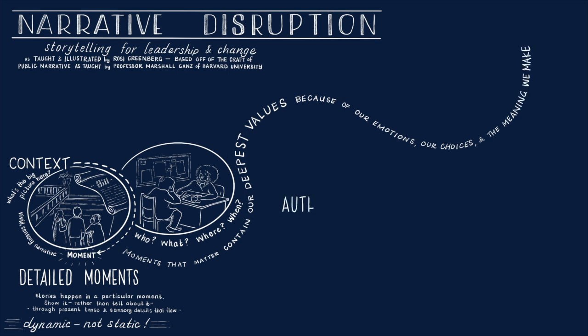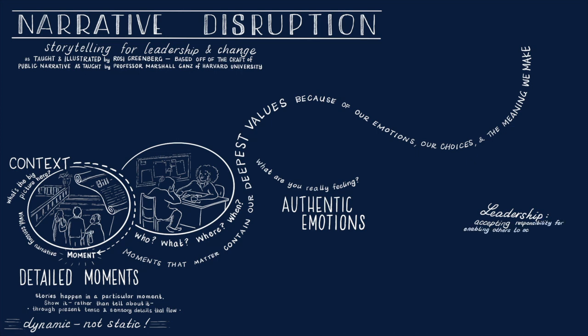The second key element to a powerful story is authentic emotions. Share what you felt during those narrative moments. We're often told to keep emotions out of leadership, but the real work of leadership is helping people respond to big emotions with agency rather than helplessness. It's an important leadership skill to share our authentic emotions with others, to show what we really care about and help guide others to what they care about too, in responsible ways, of course.